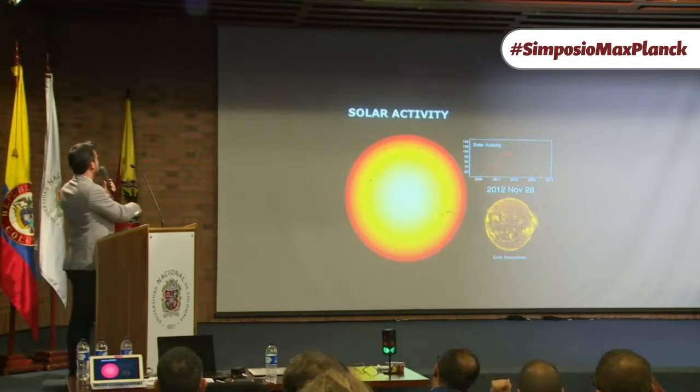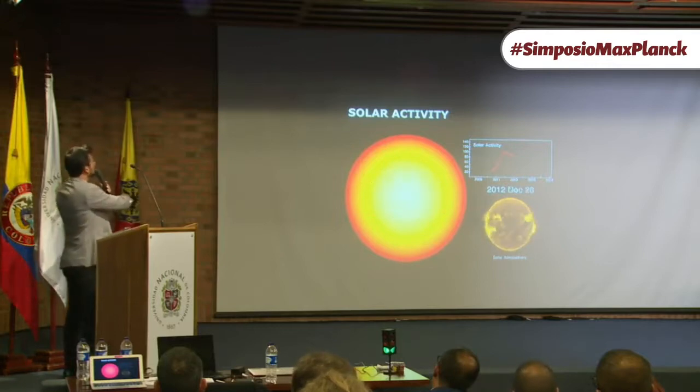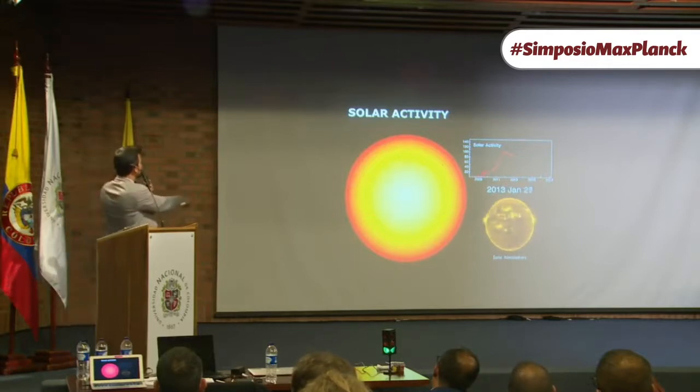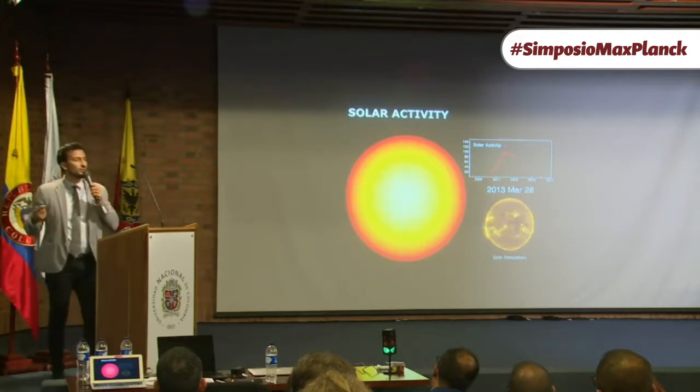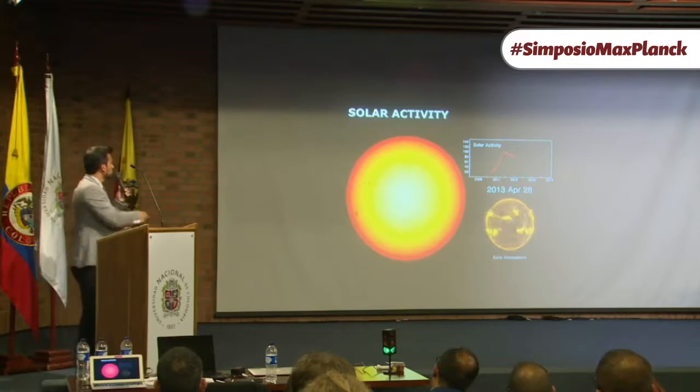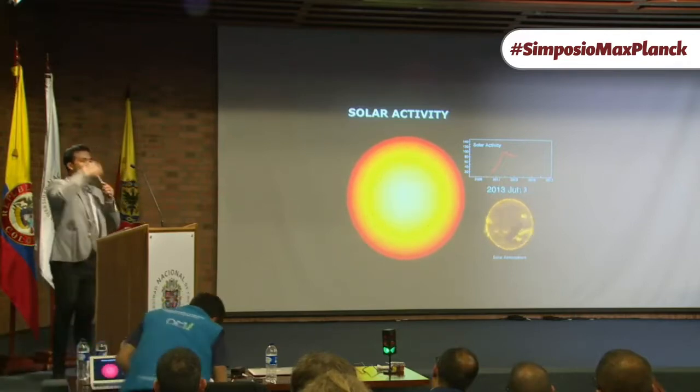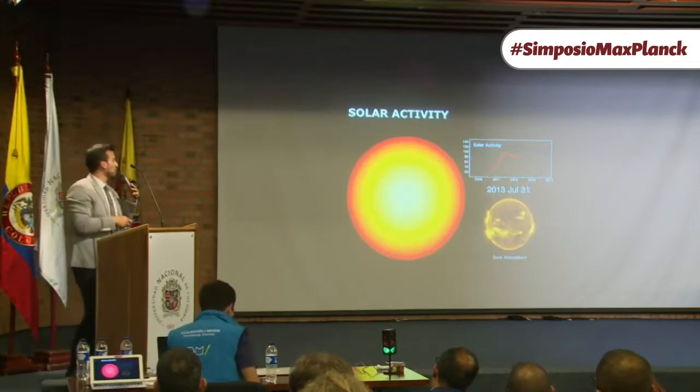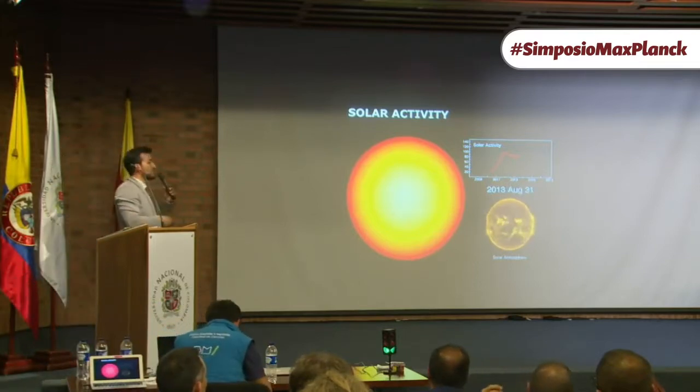Again, resembling what Dr. Shapiro said, you have the solar activity, and then you have these sunspots that appear on the solar surface, and you see how the activity of the sun increases. That means there are more sunspots on the solar disk, but also these sunspots start to move from the poles toward the equator, and that takes place every 11 years.